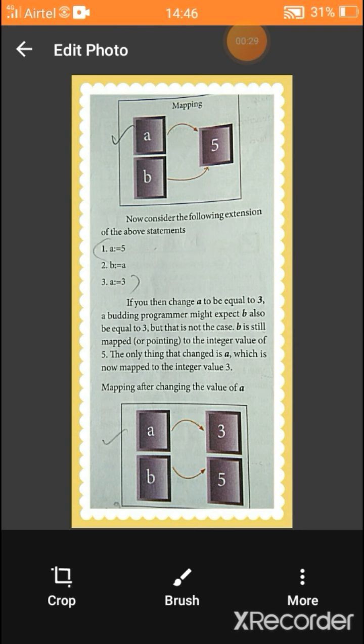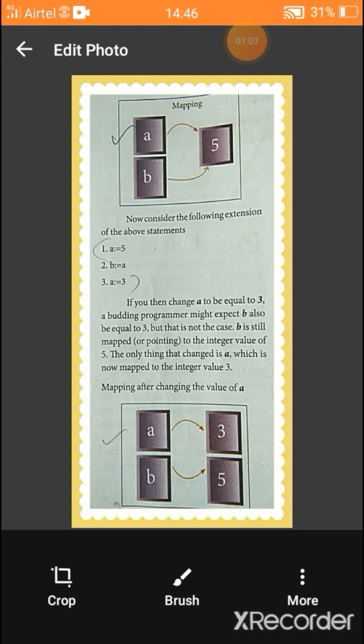See the next example. Now the value of A alone gets changed. The value of B doesn't change. So B is still 5. There is no change in the value of B. Is it clear? If we use a pointer with this variable, it may get changed. But in this example, we didn't use any pointer.